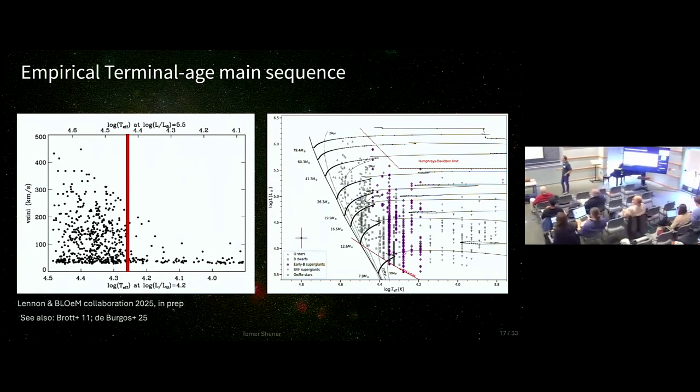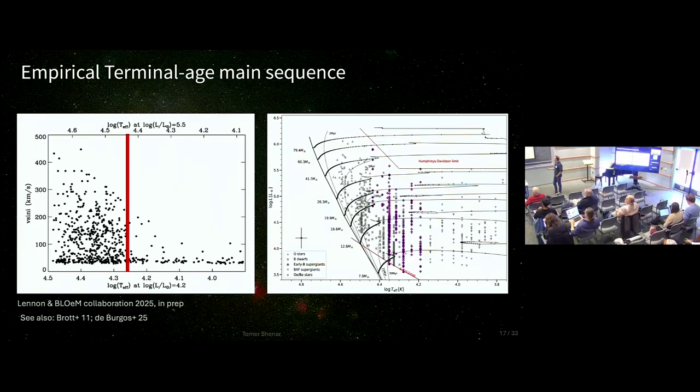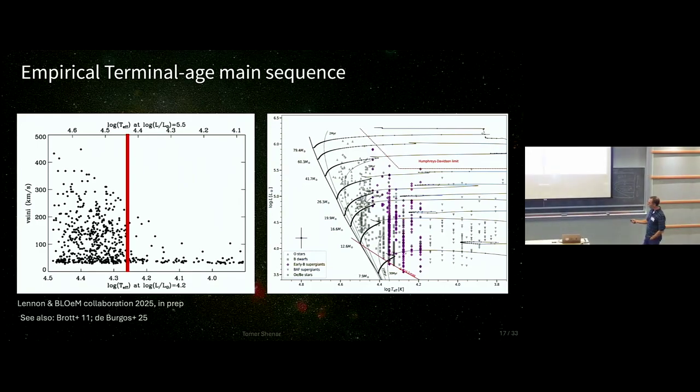So what this plot is showing is that the main authors try to identify where a statistical drop in V sin i happens, and this happens for different luminosities and different temperatures, basically. So this literally corresponds to the diagonal on the HRD. Okay, so you just switch the axes. Yeah, I guess. You can ignore this plot and just look at that plot. This is more or less where they find the drop.